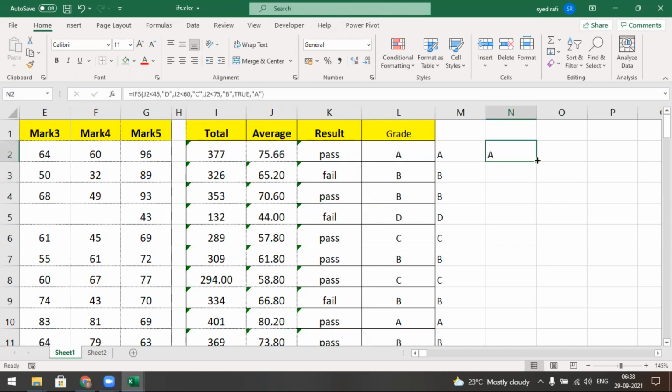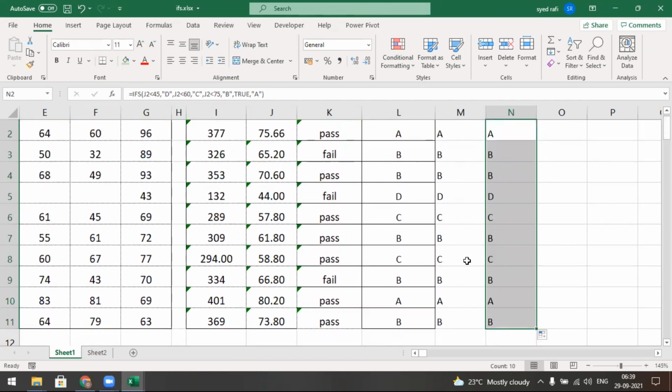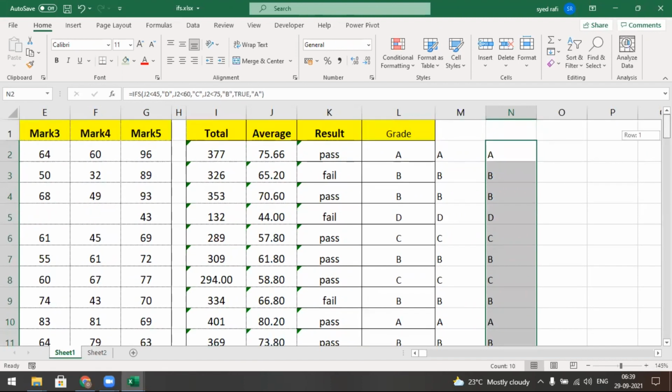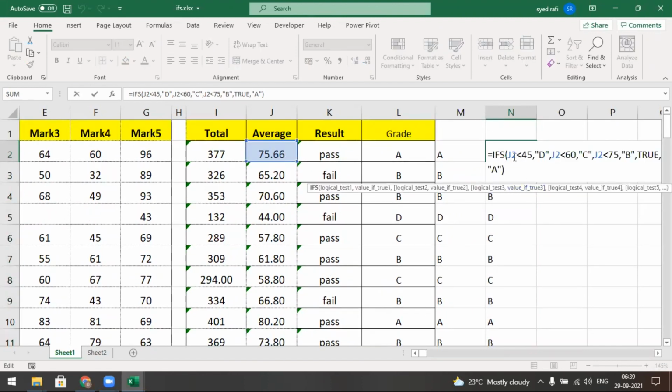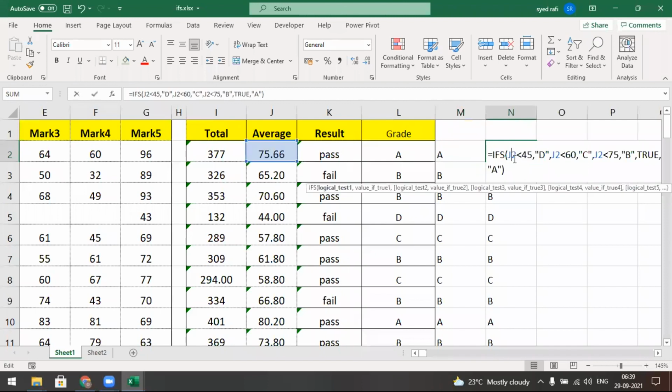Now I get this one. I double click the same as by using IF. So you may check, each and every row will be the same by using IF and IFS. In IFS, there is no need to place IF repeatedly. Here you may observe that each and every time you have to type IF, which makes some problem. But in IFS, we can just define the logical condition and give the true statement only. Now it will be displayed.